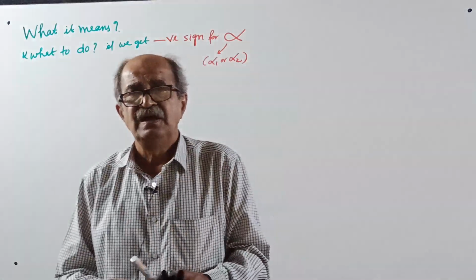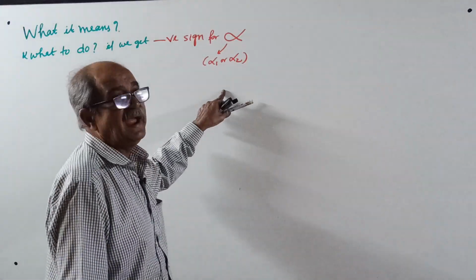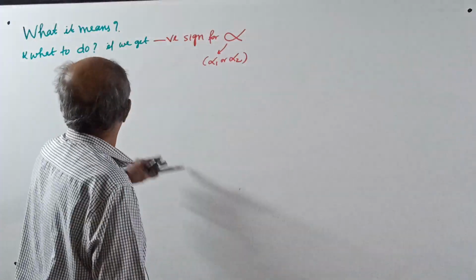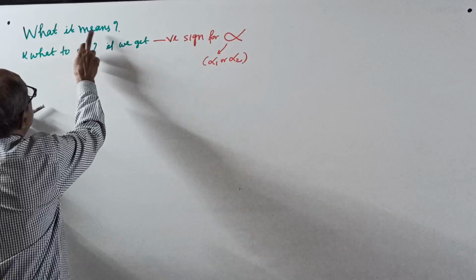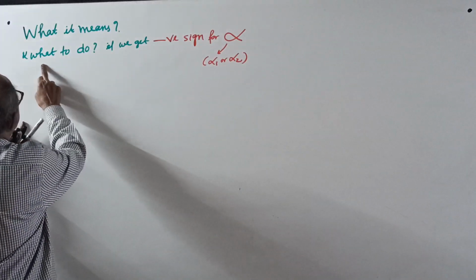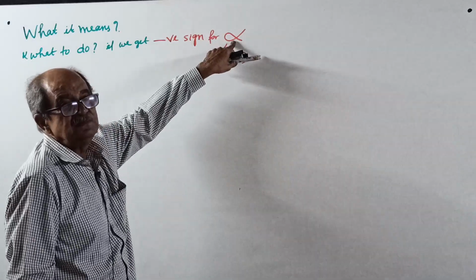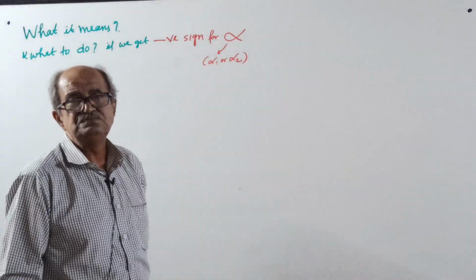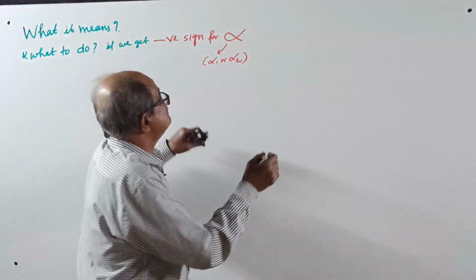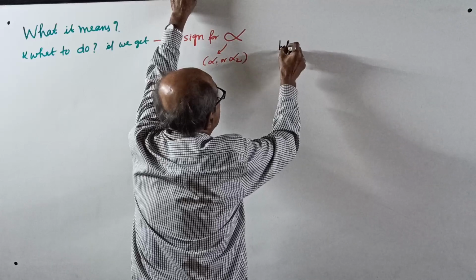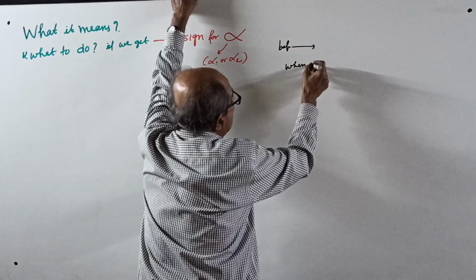Okay, now start. I am going to write in a different color, for the important concept, not black and red. Red is for the resultant. I will use green color to highlight it. What it means, and also what to do if we get a negative sign for alpha, either alpha 1 or alpha 2. Before you proceed further, first remember, when we use the calculator,